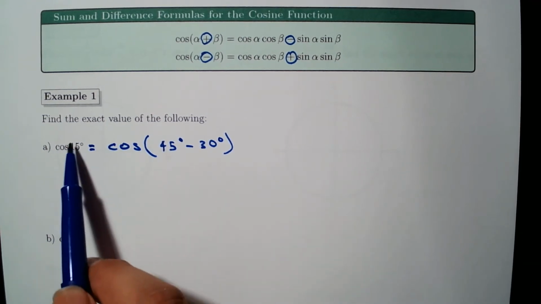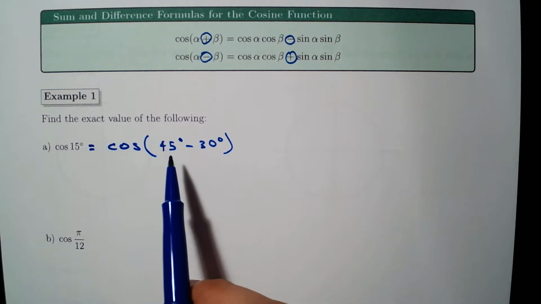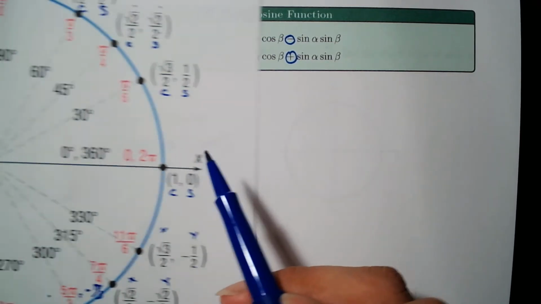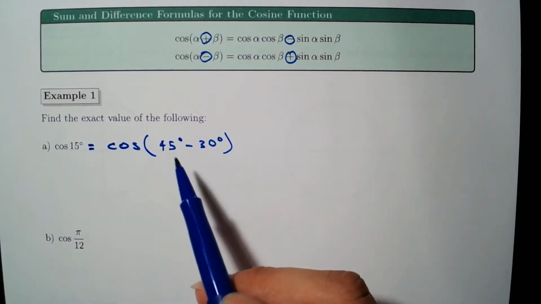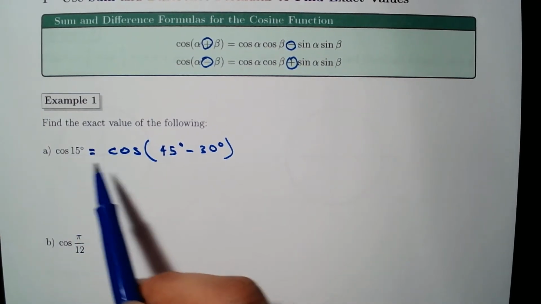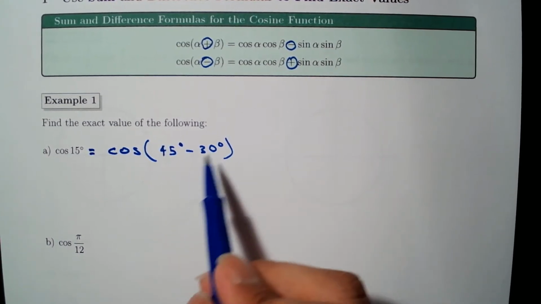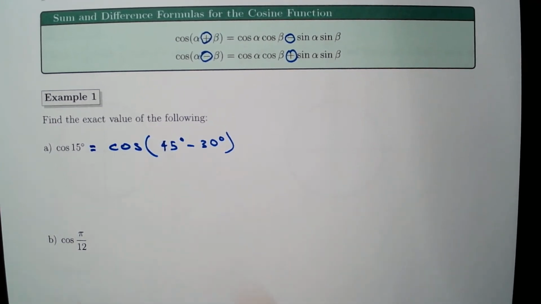I would like to write this 15 as the sum or difference of two numbers that are related to values in the unit circle that we can relate to. Of course we could have, say, 20 minus 5, but 20 is not in the unit circle, 5 is not in the unit circle,